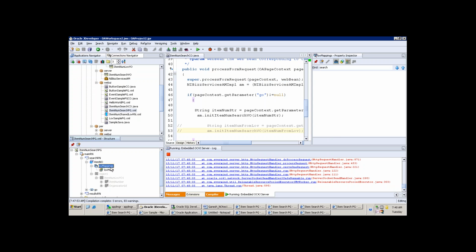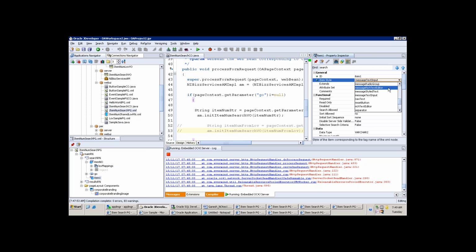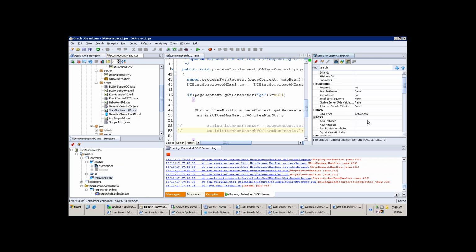Now if you want to display organization ID, first of all I have to create a variable, because for the LOV mapping it's required to have a source as well as a target. Source, you know, from where you want to get the organization ID, but what is the target item? For that you require an item. So what I can do is create a new text item, change it to message style text, name it organization number value ID, and just give a prompt